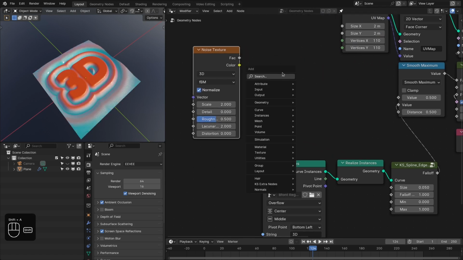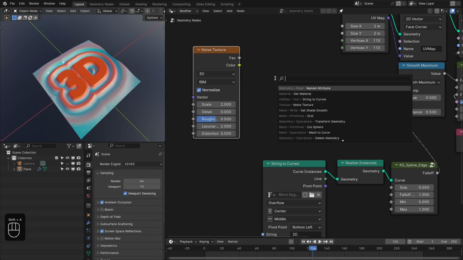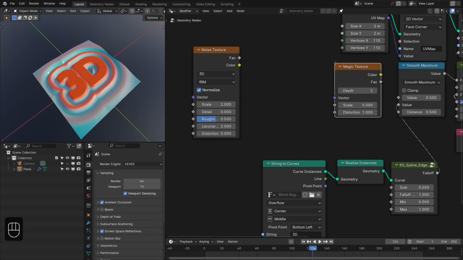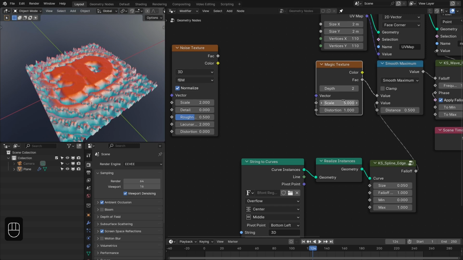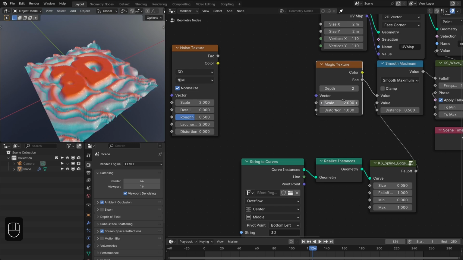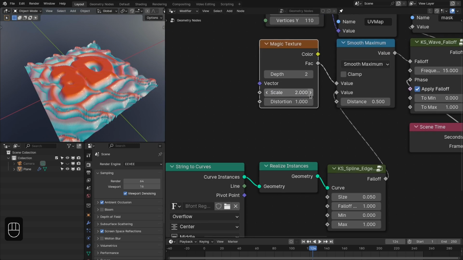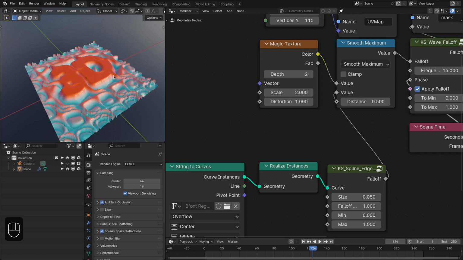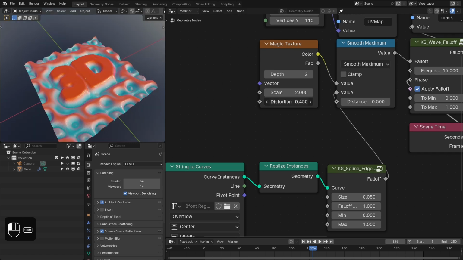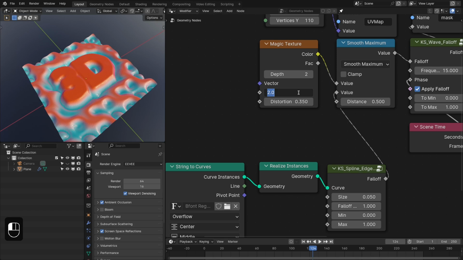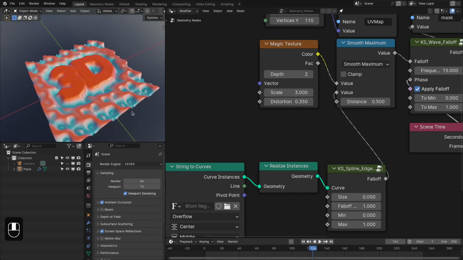Let me add a Magic Texture. So you can use the Magic Texture to create different patterns. I think scale is really high. Maybe I think color. Yeah, color is fine. Yeah, distortion is too high, maybe 0.25. 3, and so now you have a completely different